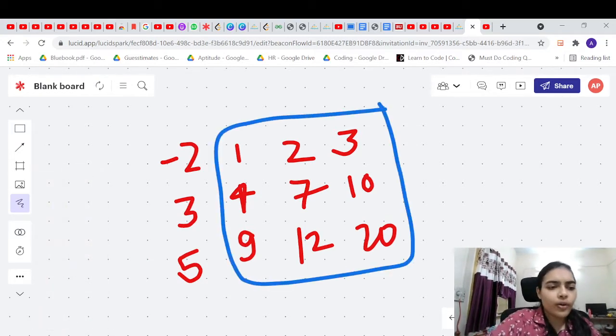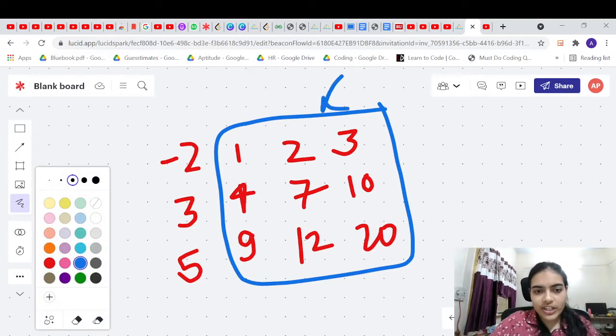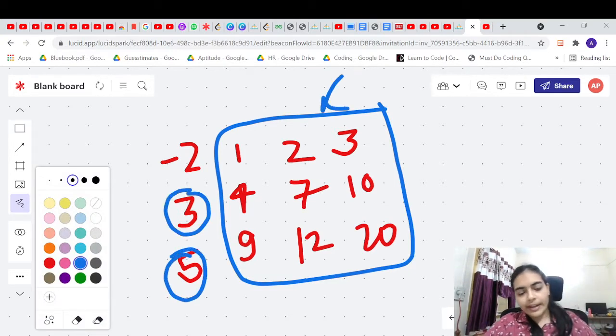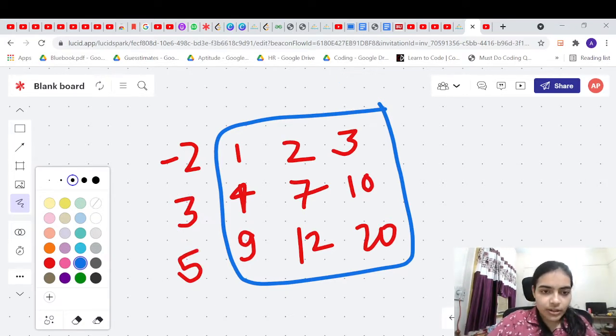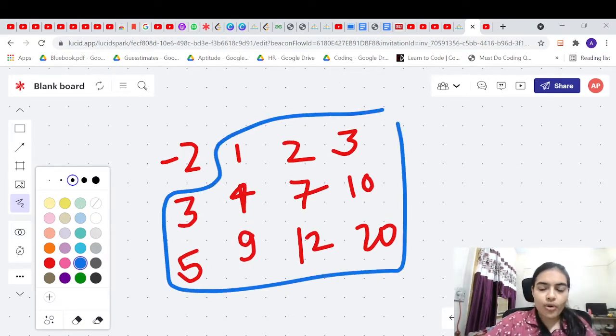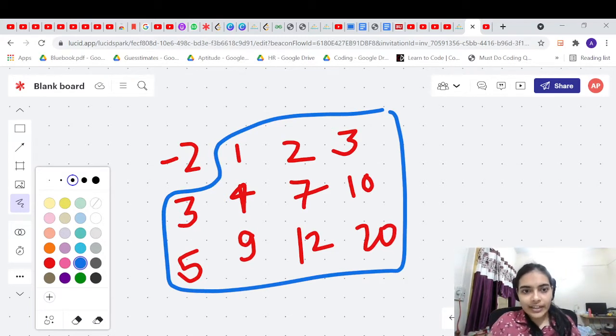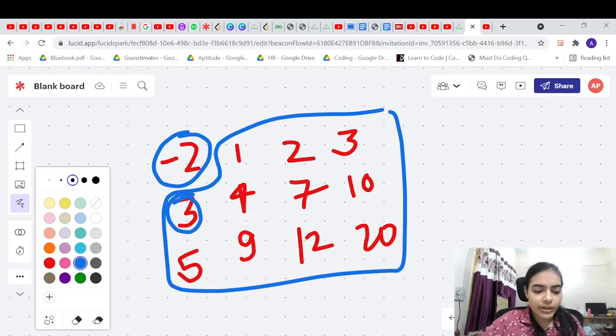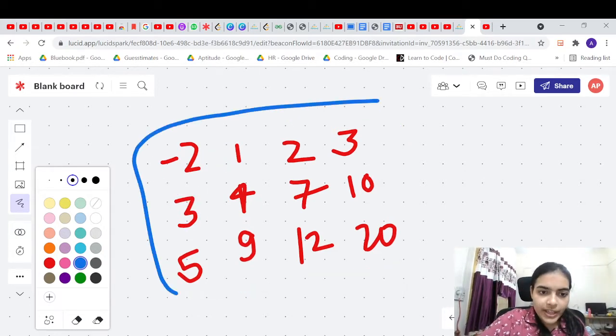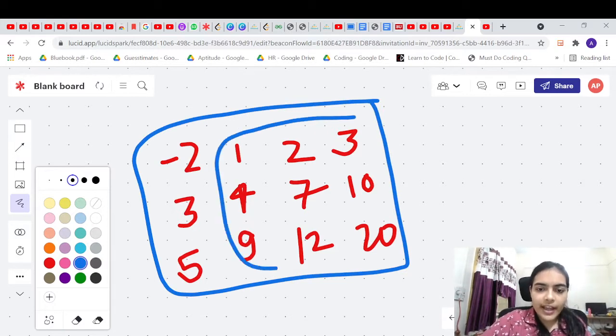What is the trade-off? If you bomb only this much region, you will be losing 8 units. So you can get 8 units extra if you bomb this region. But you cannot bomb it like this, because this is not a submatrix, it has to be a submatrix. If you are bombing the region, nearby regions will also get affected. So if you are putting a bomb here, this guy will also definitely get bombed. So I can either bomb like this, or I decide between this.